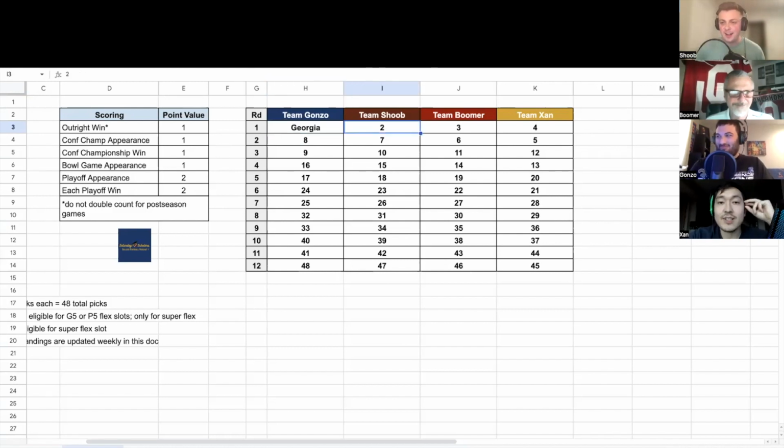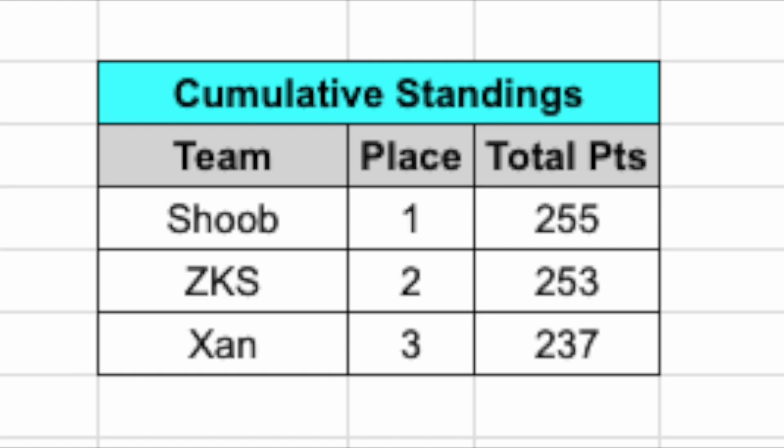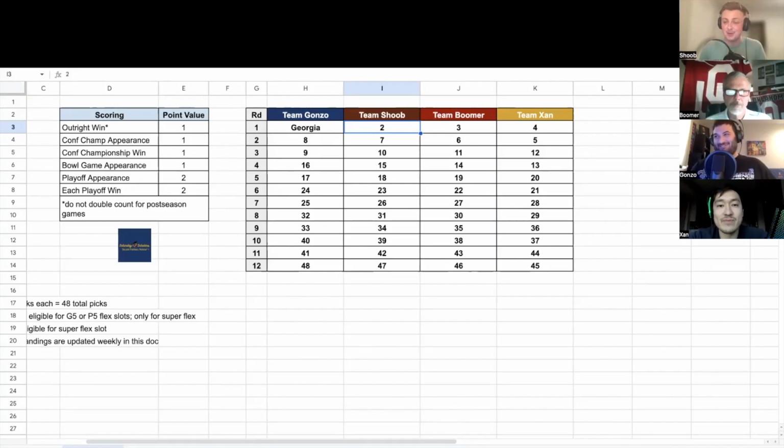Last year, I took Georgia at number 3 overall, and I rode them to a win. I won this little challenge last year, and it came down literally to the national championship game, which was incredible for how complex our scoring system was last year. That just shows you how competitive this is. It's more likely than not going to be a competitive little challenge here. So that's awesome. Georgia off the board. I remember you were disappointed to get Georgia at 3 because you wanted Bama. Yep. Yeah, old takes exposed on that one right there.